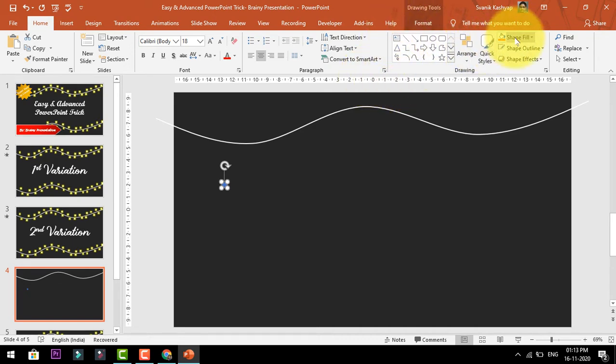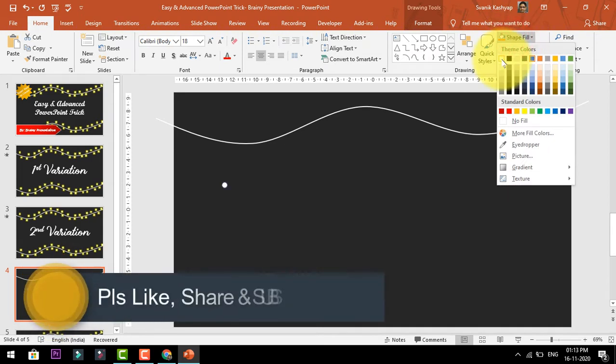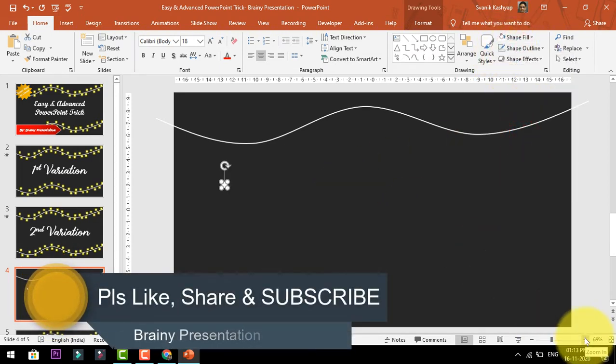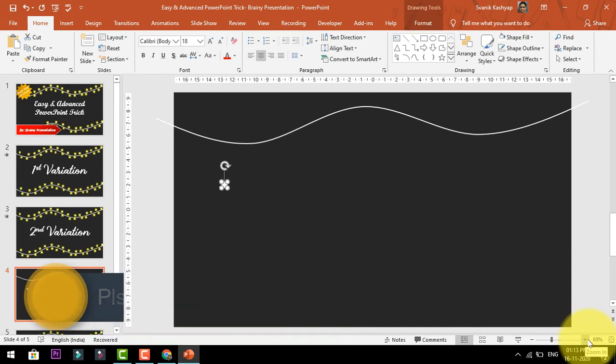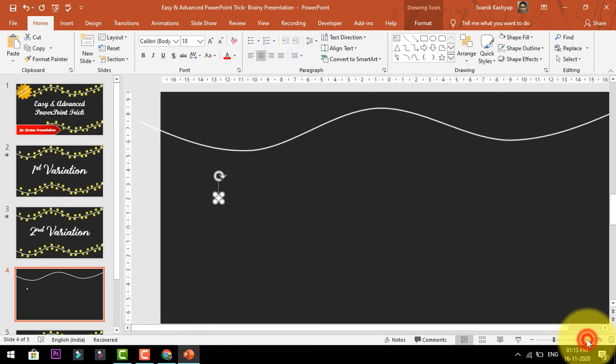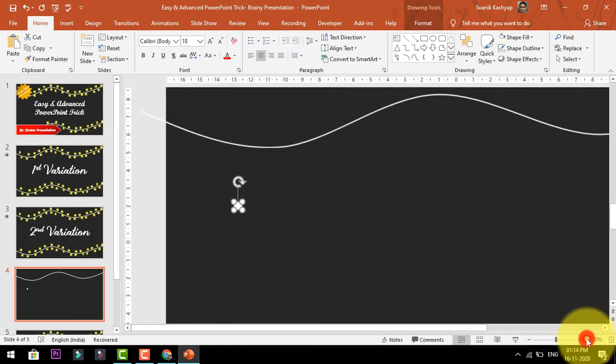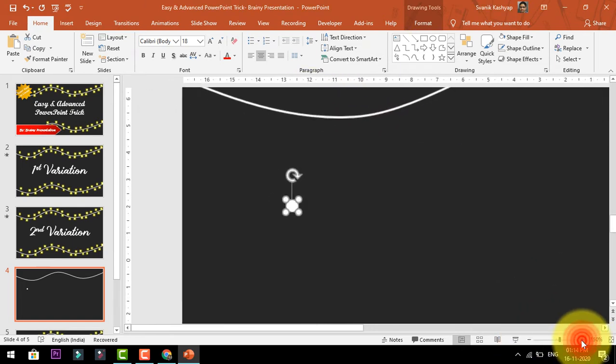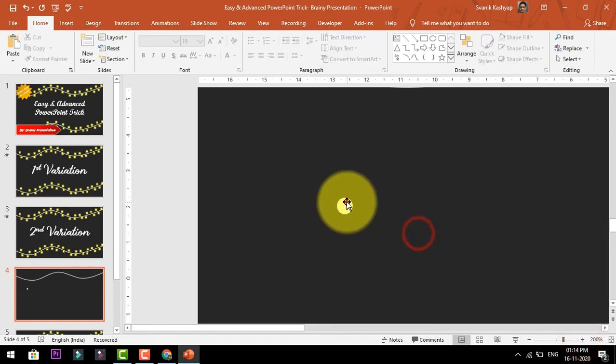Then I go under Shape Fill, set to white fill, Shape Outline, set to no outline. Then you can come to the bottom right corner of your PowerPoint app, see this plus option, click it and it will zoom in. Then you can work accordingly.